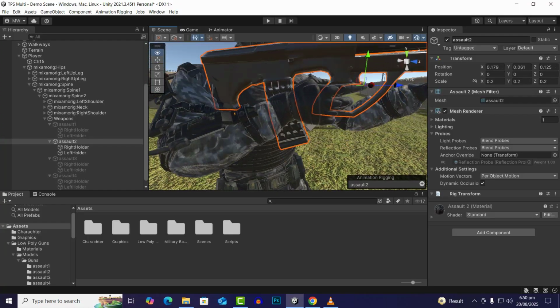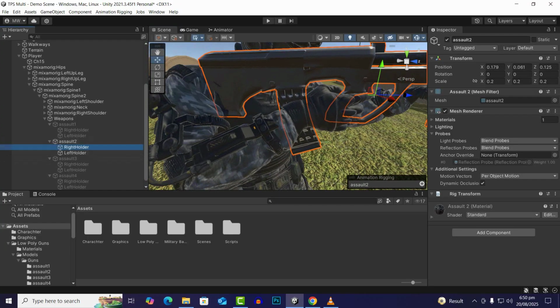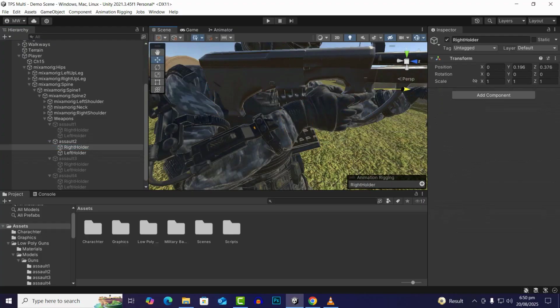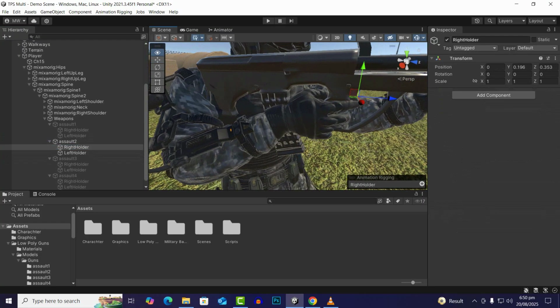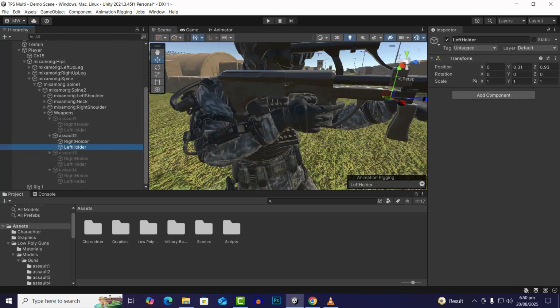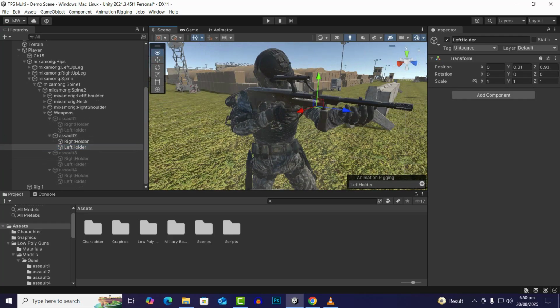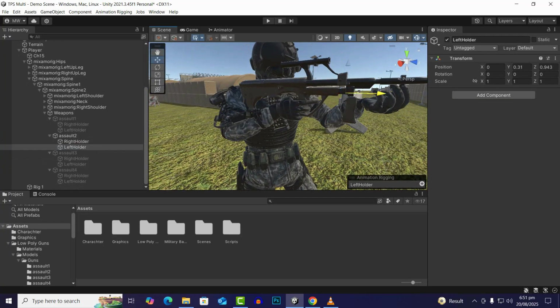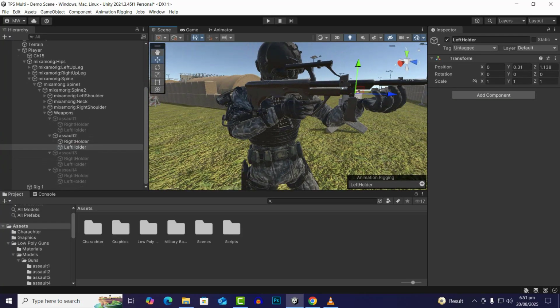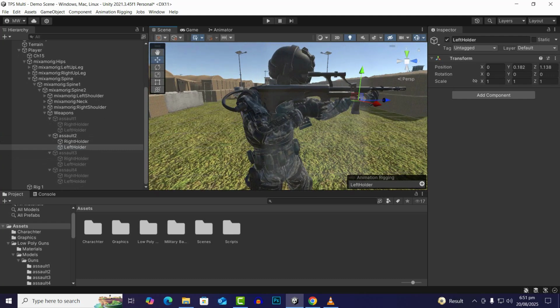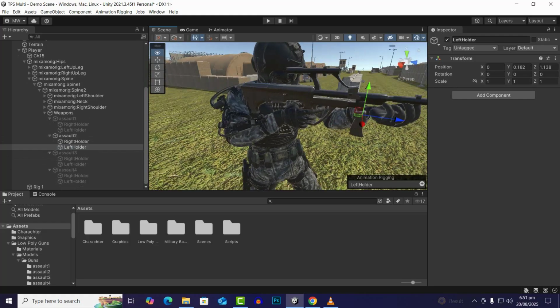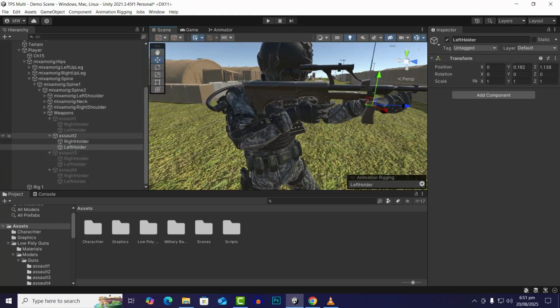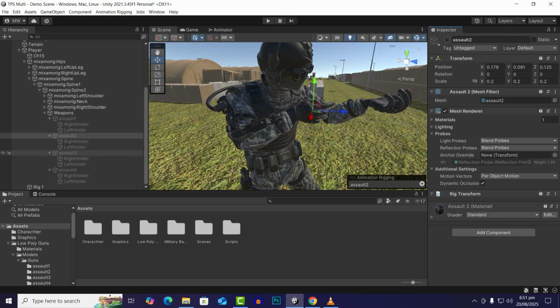Okay, and now if you can see the right holder, we can just move it here, and for the left holder we can move it somewhere here maybe. Okay, so that's great. Now we'll just hide this gun as well, and for the third rifle I will recheck the